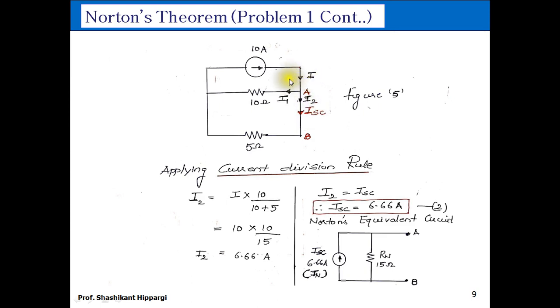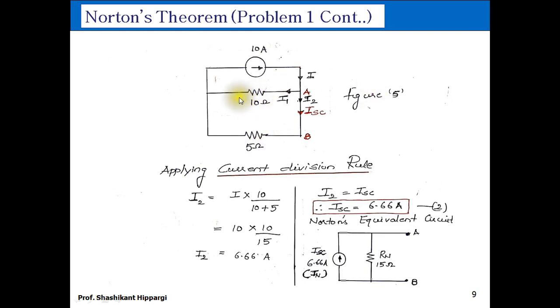This is, I have shown for my reference, that there is a current I entering the node A, and it is dividing into 2 currents named I1 and I2, but I am interested in ISC, and ISC is nothing but I2. So if I apply the branch current method, if you want to find out the current from this 5 ohm resistance, then the formula is I2 equal to the current entering the node multiplied by the opposite resistance, from where you don't want to find out the current.